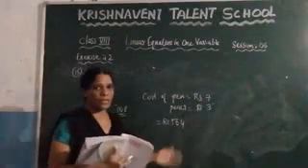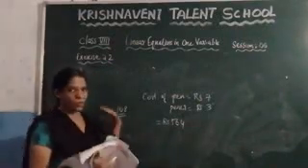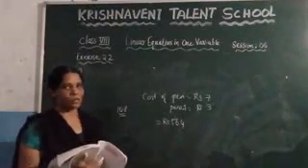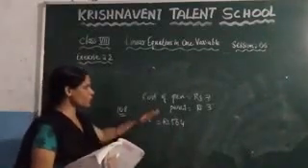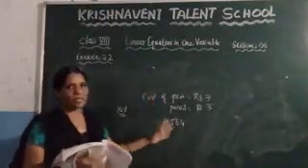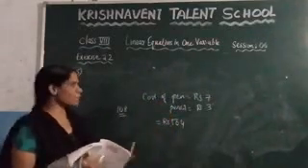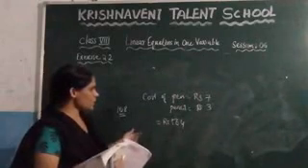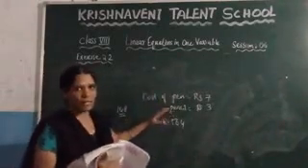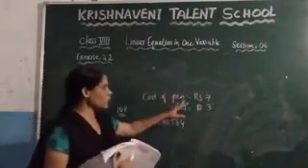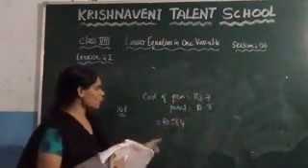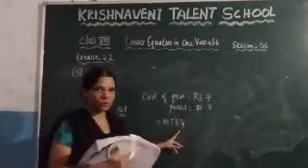The same problem they have given as the previous one. In the previous problem we calculated the number of 5 rupee notes and 10 rupee notes. Here the same thing, you need to calculate the number of pens and the number of pencils. Some person purchased pens and pencils, the cost of each pen is 7 rupees, the pencil is 3 rupees, and the total amount he paid is 564 rupees.